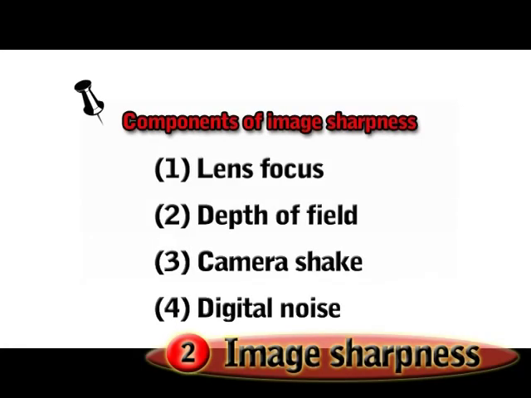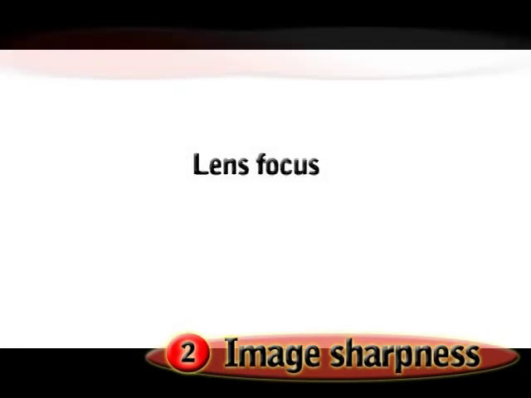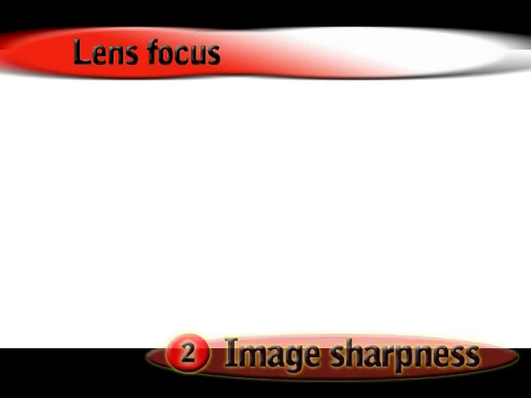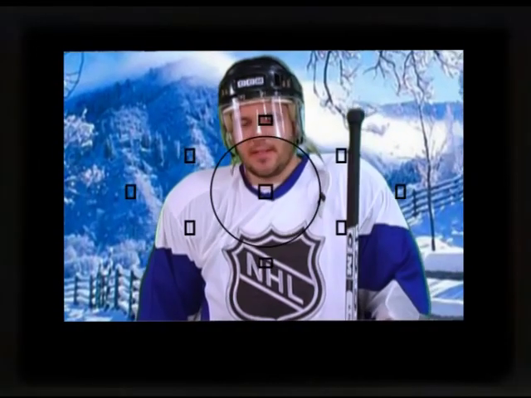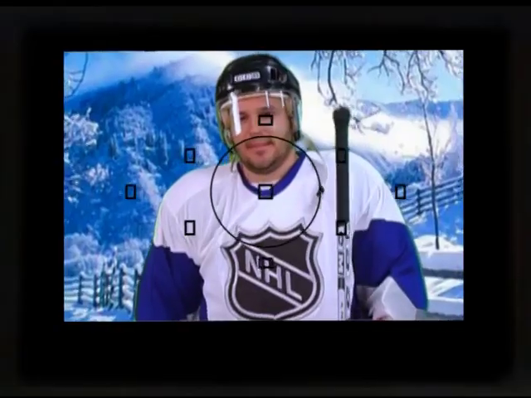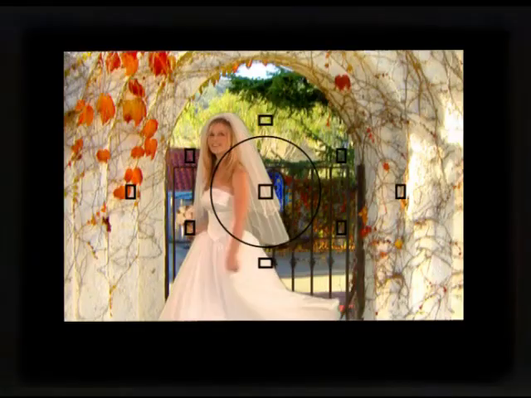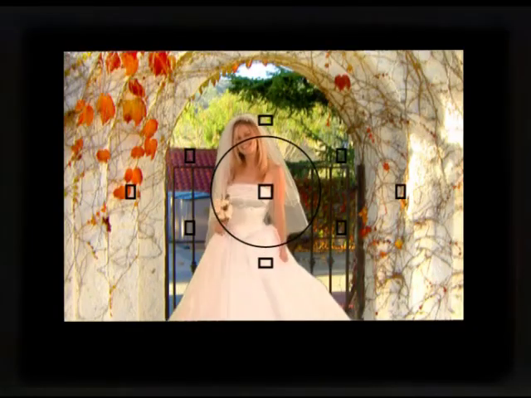Let's talk about lens focus. Sometimes the autofocus feature of your camera will have problems, particularly in situations where there is low contrast, highly reflective or bright objects and backgrounds, or overlapping objects at different distances. To ensure that the right part of your subject is in focus, you may want to switch the lens to